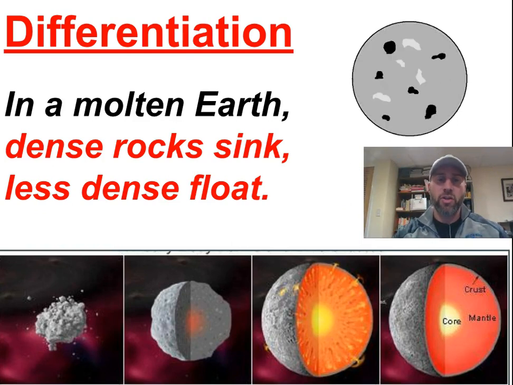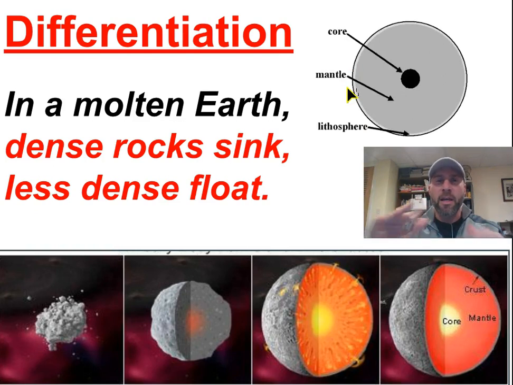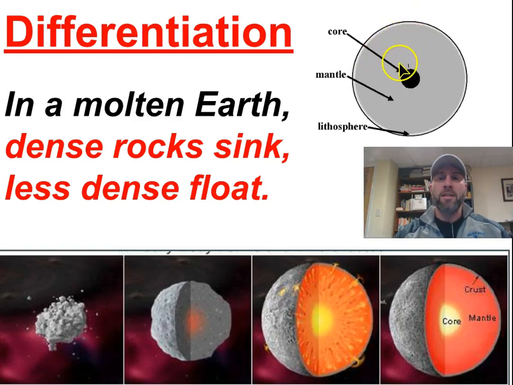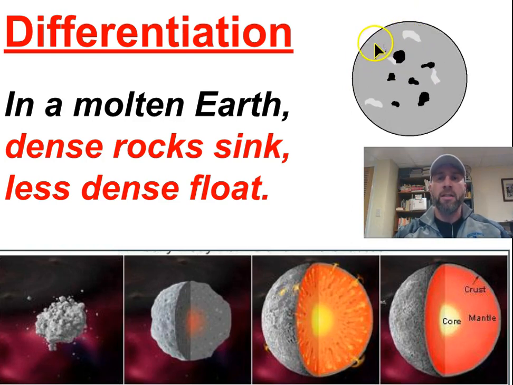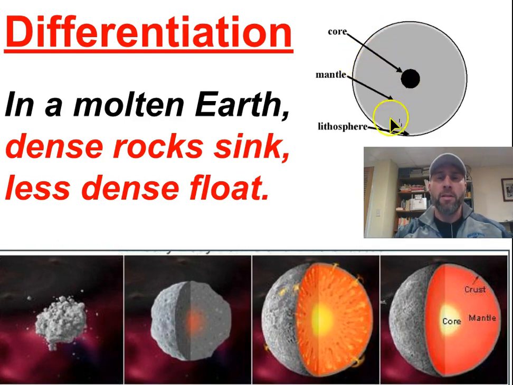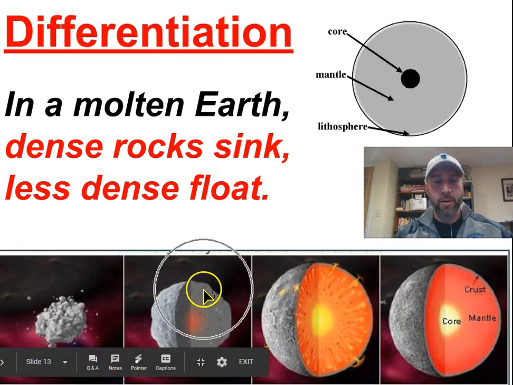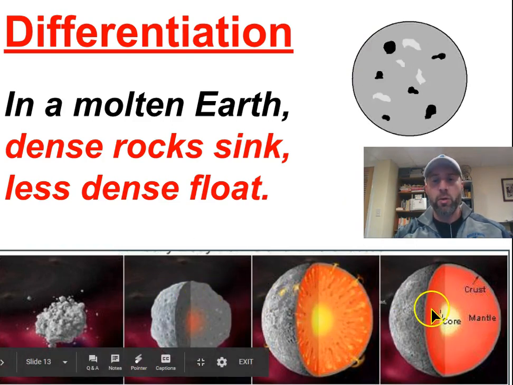Now, what differentiation is the idea of, or just like the word "different" is hidden in there, is that the Earth started to cool, right? And as it started to cool, the more dense stuff sank down towards the middle, the less dense stuff came up towards the top. Okay, so we had to start to have this difference in temperature across the different layers. You can see down here on the bottom, as we started to cool off, we started to get these different layers.